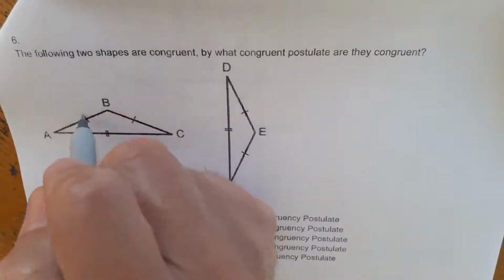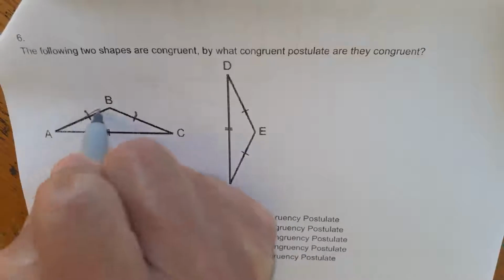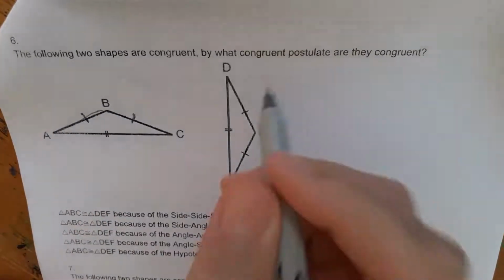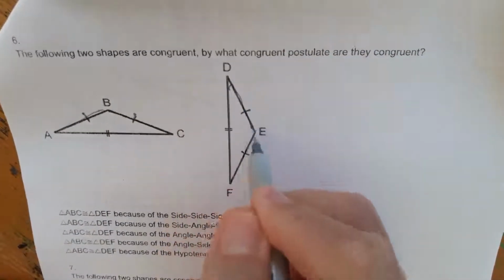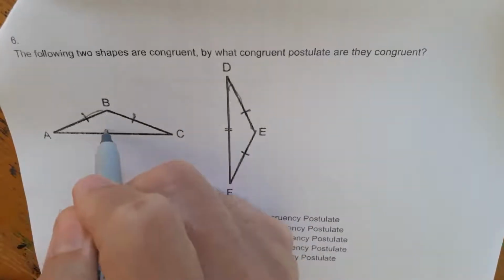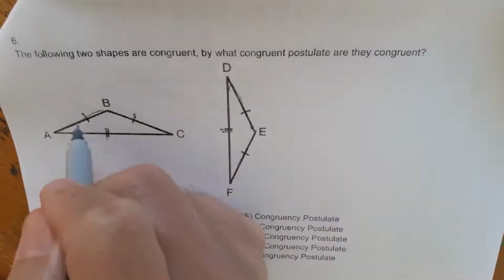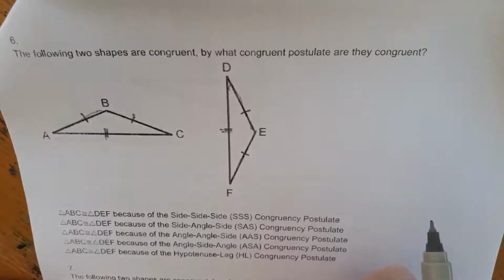Now this one's interesting. Look, 1 tick mark means these two are the same length. But notice on this one too, 1 tick mark, and they're next to each other. That's good. And 2 tick marks here says this one is. So this is still side, side, side congruency